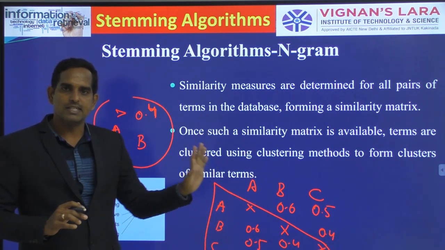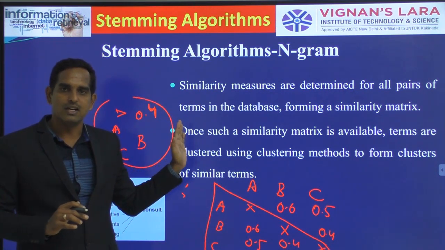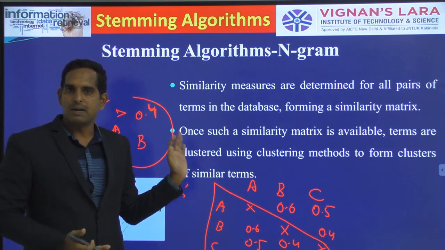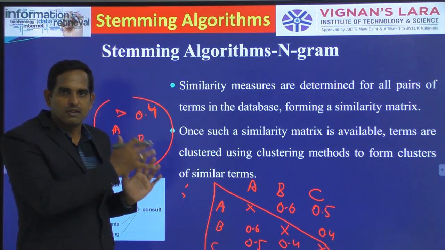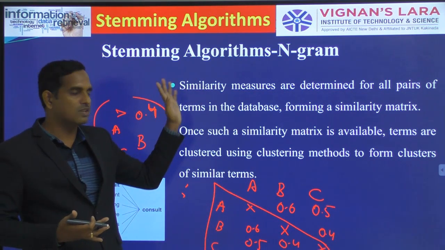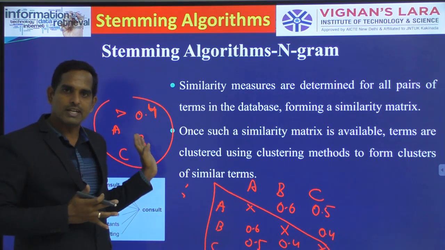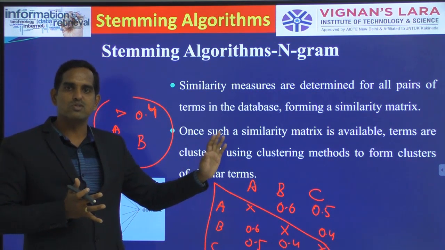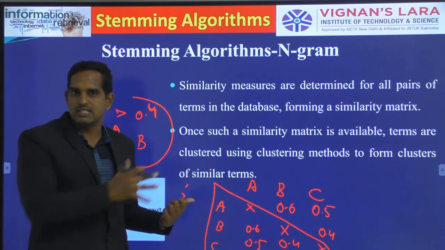So the n-gram method doesn't create a stem. What you have done in the previous successor variety, where you are getting the segments, from those segments you are creating the stems. But here you will not be getting a stem, we will be getting clusters in this manner. These clusters can be used to find the similar words. Okay, the basic sense of stemming is finding the similar words. In this method you are trying to find the similar words and grouping them in one cluster. Those clusters can be useful for finding the similar words. If possible, you can find it for stems as well.